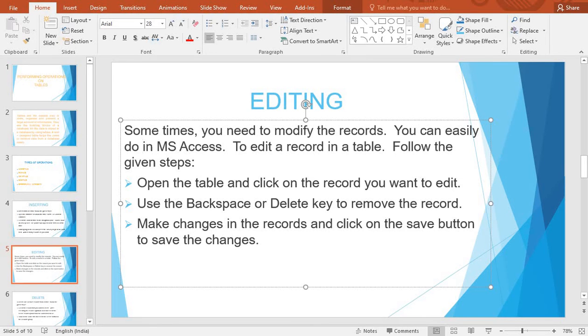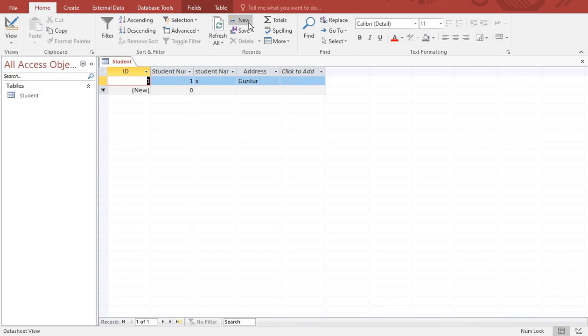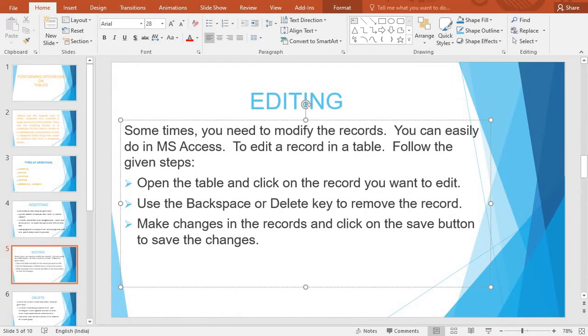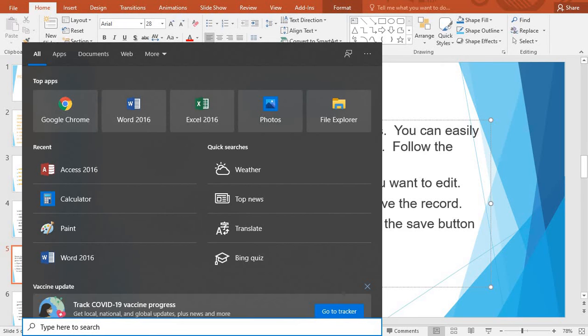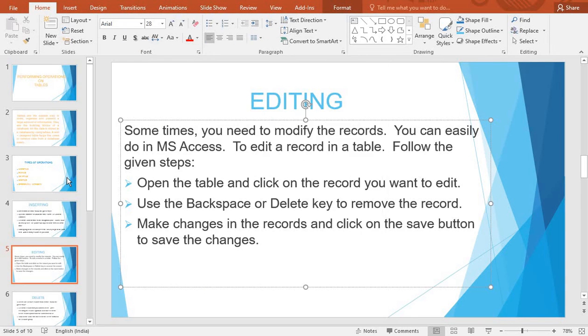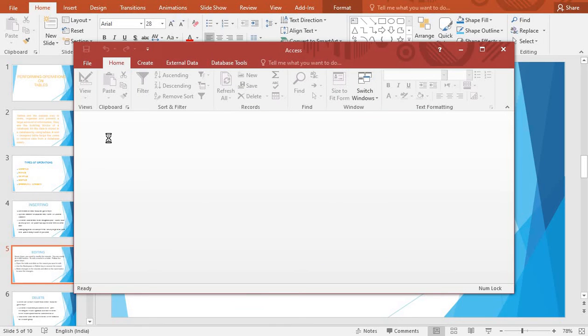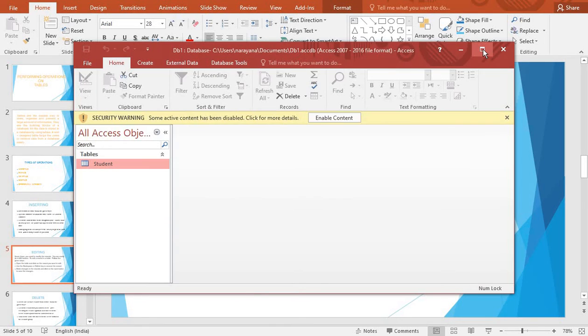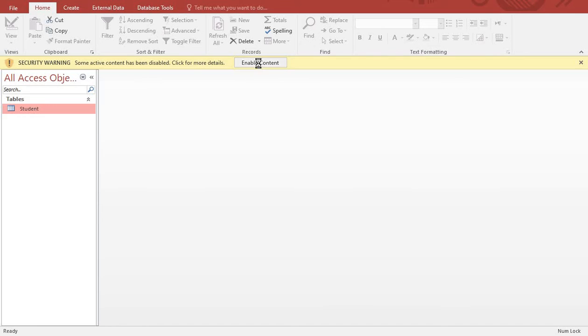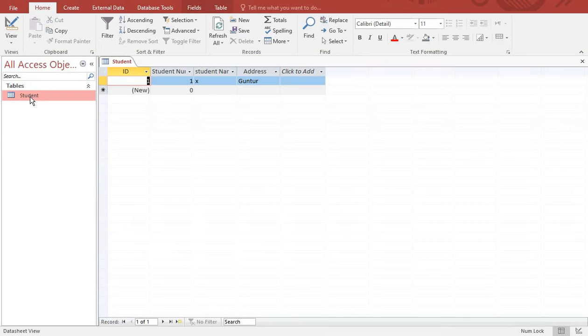See here, I have opened this database. Now I am closing it for your understanding purpose. Again I am opening the database. Why? Because I want to edit, I want to modify some data. See here, now I want to edit this data.